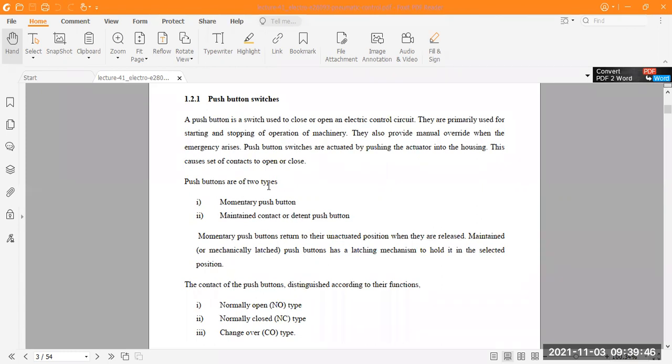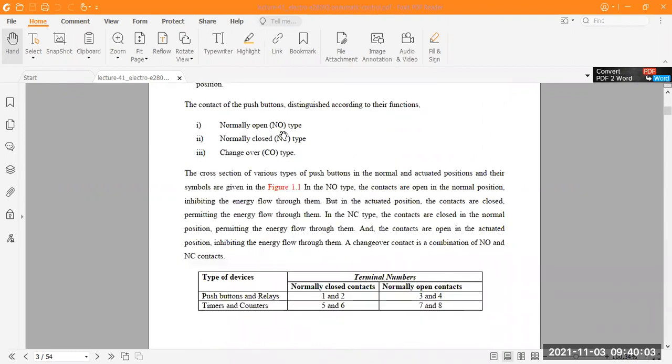The momentary push button also depends on the application we use it for. It has another classification according to function, so we have to classify these three categories. First, normally open, that is the NO type switch.